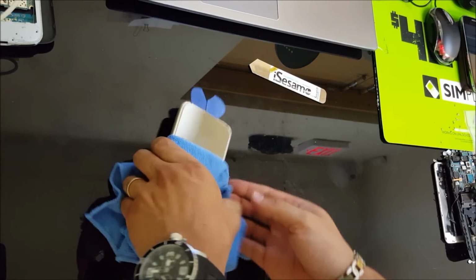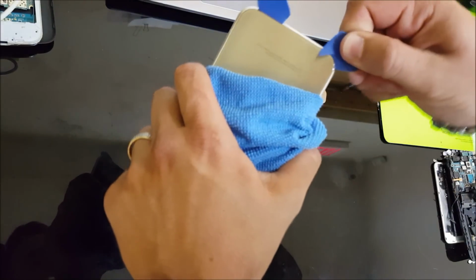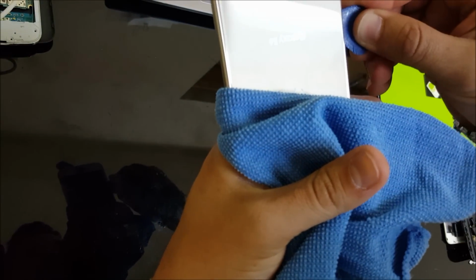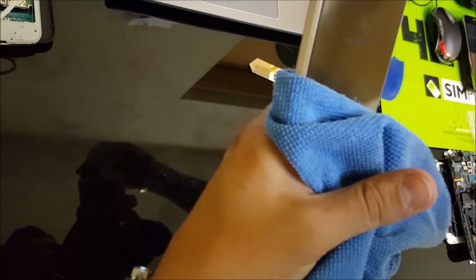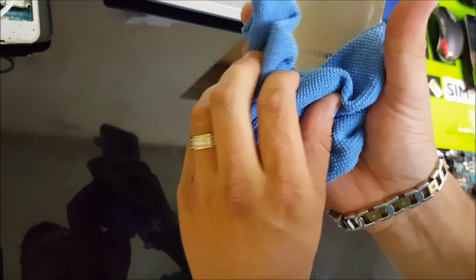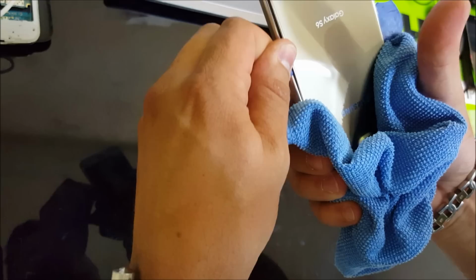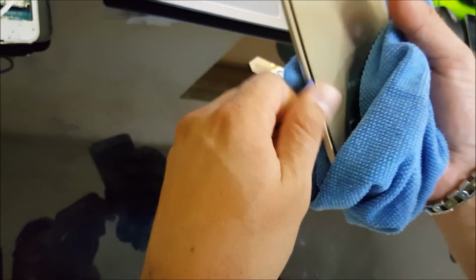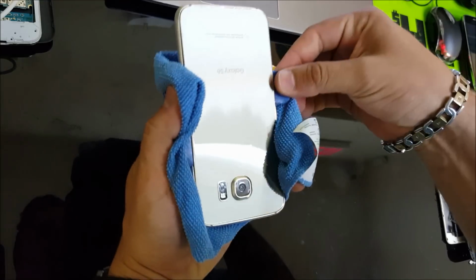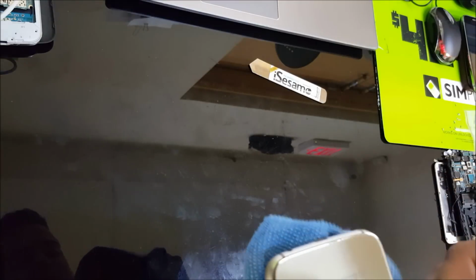Once again, let's get it with this because it's hot. And then we're going to just kind of wedge around it. If you heat it up, that's going to help out a lot, and it's also going to cause it to remove easier so that the glass doesn't break, because you don't want to break your back cover, because then you're going to have to end up buying another one. Alright, so once you are at about this point,